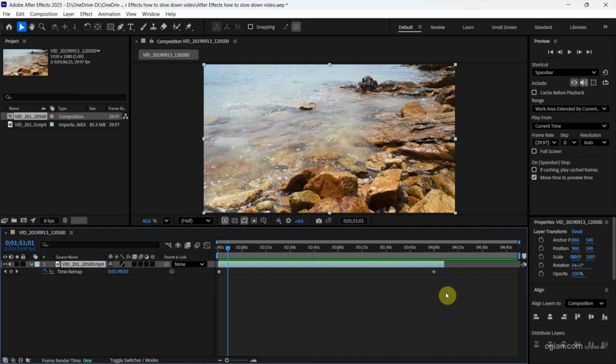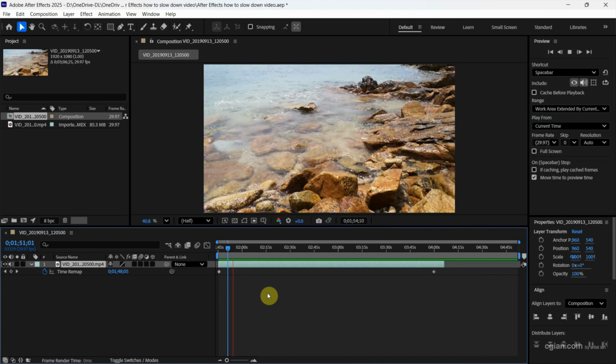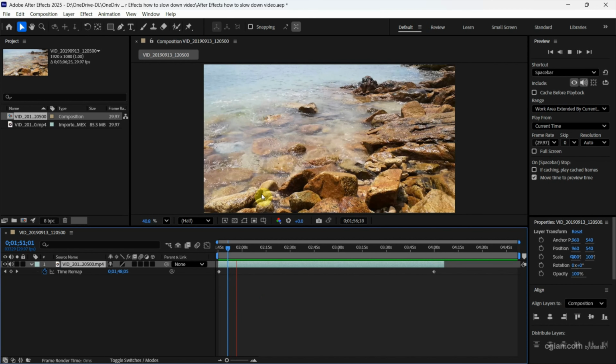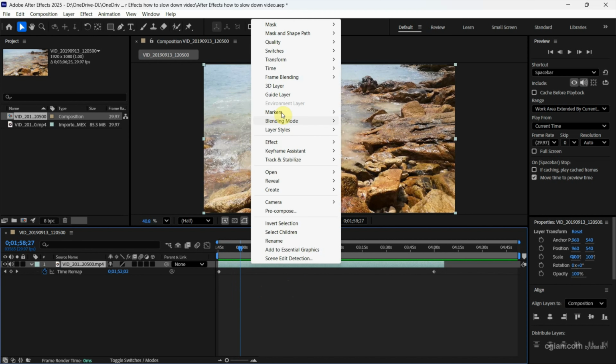After extending the keyframe, we can press spacebar to play a preview. So we can see that the video is slower, but this is not smooth. I stop it here. If we want to make it smooth, we can right click again and go to